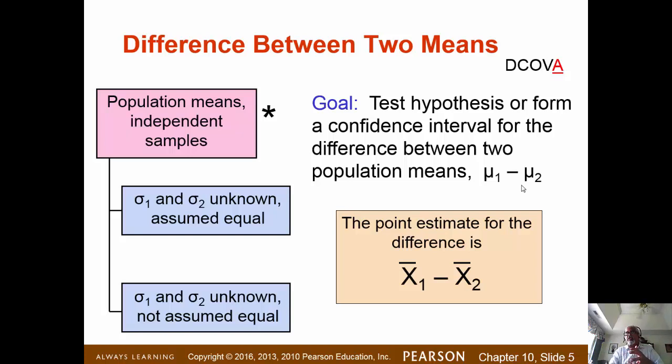But if you think that it is unreasonable to assume that the two underlying standard deviations are equal, then we will have the second case: unknown and unequal. So how do you deal with that? We'll have two different tests that we're going to be looking at for this case of independent random samples